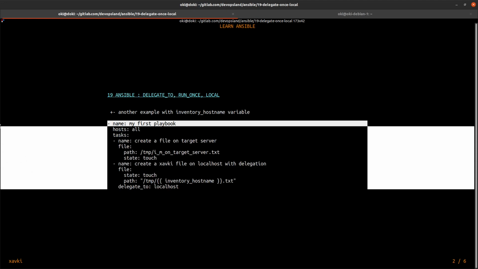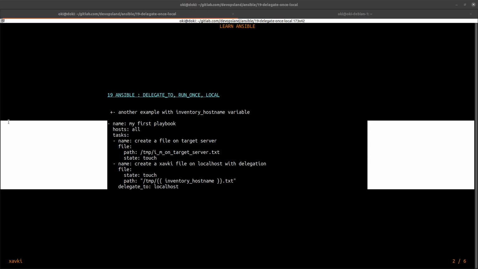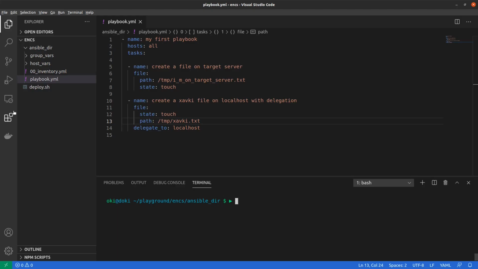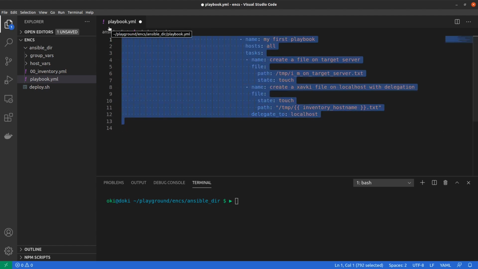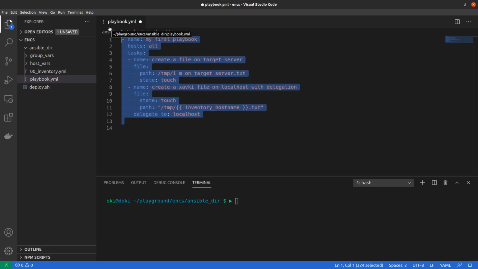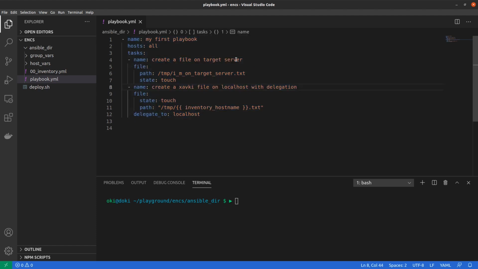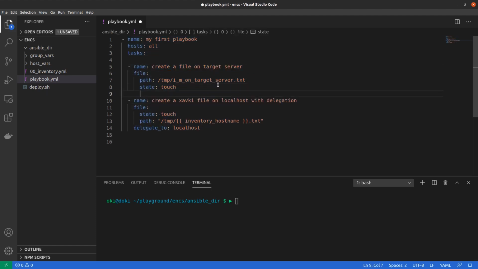Okay, so next example. Now what we do, I copy it, I paste it into my playbook file. Okay, the indentation, and now I save it again. So now we use a specific variable, which is the name of each target server.